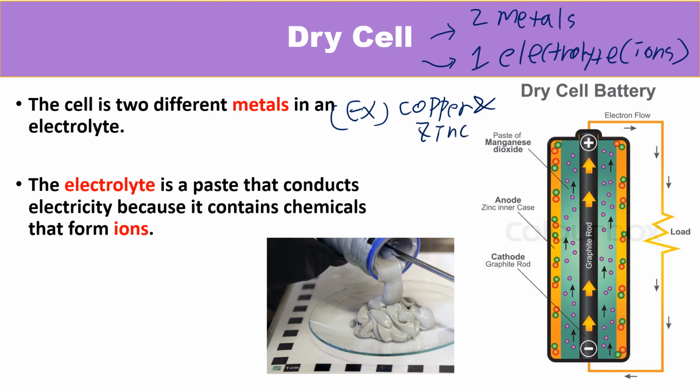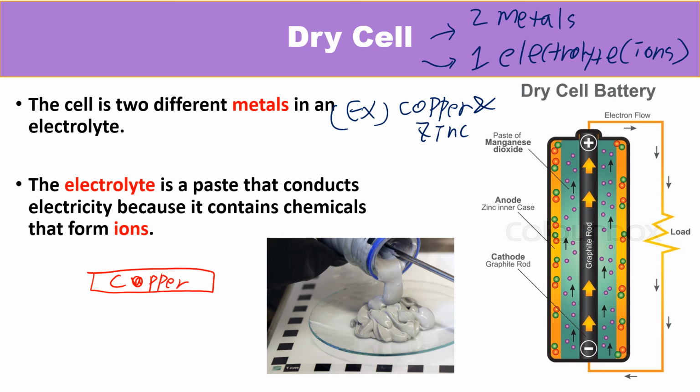The electrolyte is also needed. It's basically a conductor that connects those 2 metals together. And the electrolyte has to have some kind of ion. So the one that Alessandro Volta built was,